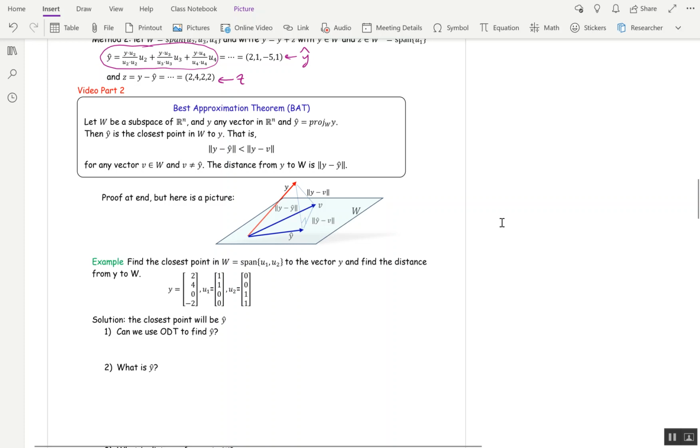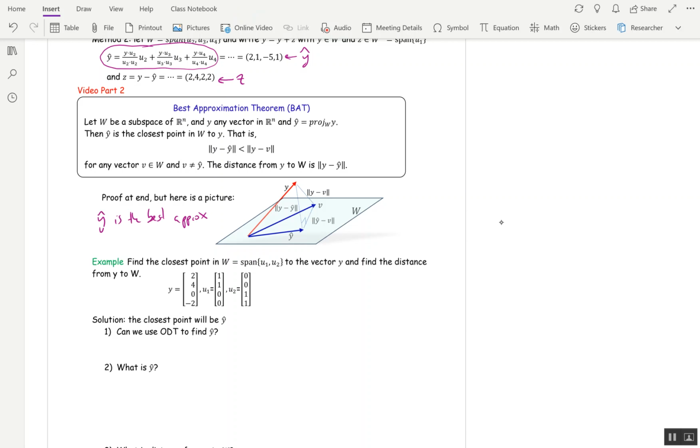This is the second part of 6.3, and we're going to talk about the best approximation theorem, or BAT. The BAT simply states that the y hat we just found in the orthogonal decomposition theorem is the closest vector to y from vectors in W. So it says that y hat is the best